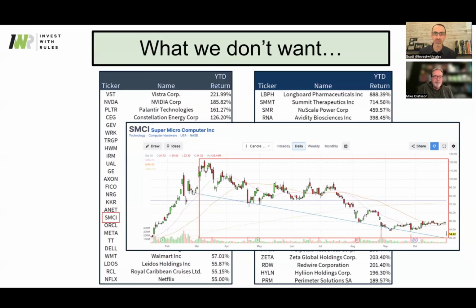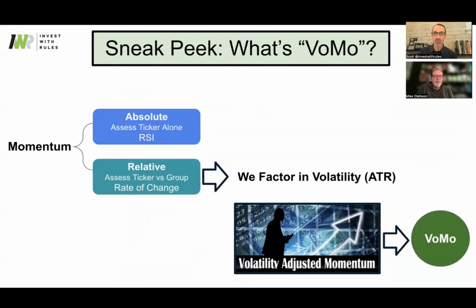This is split adjusted now. It's gone from 120 to 34 bucks. So this is what we don't want. You don't want to just blindly buy the best stocks in the market because they can crumble on you. And this is one of the things that is unacceptable. We know that you don't want it, we don't want it. So we have to have mechanisms and processes, and we already do, but we're just sharing innately what we want and what we don't want.